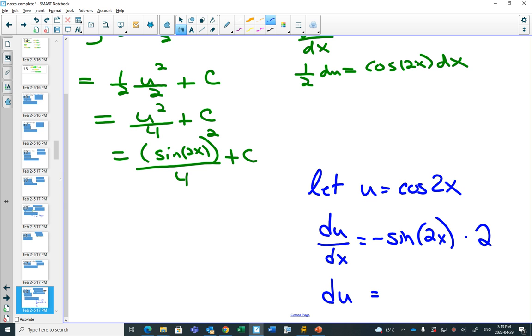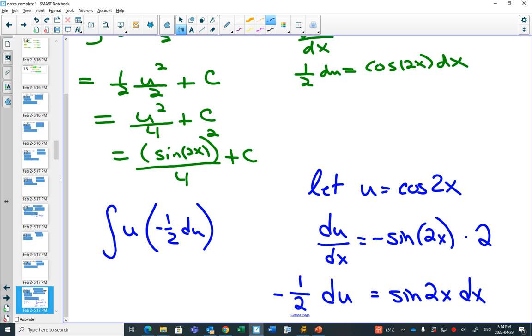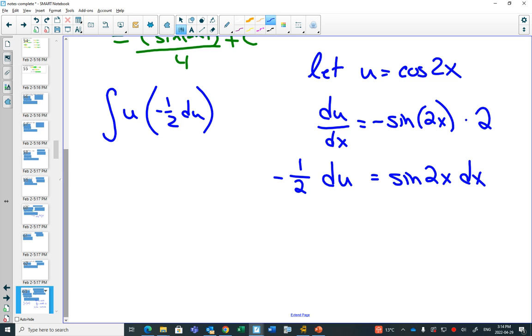Now we want to get on this side just sine 2x dx. So I'm going to have to divide by negative 2. So I get du is negative 1/2 in front of it. So now my integral will be u replaces the cos 2x, and then a negative 1/2 du replaces the sine 2x dx. In other words, I have the integral of negative 1/2 u du,